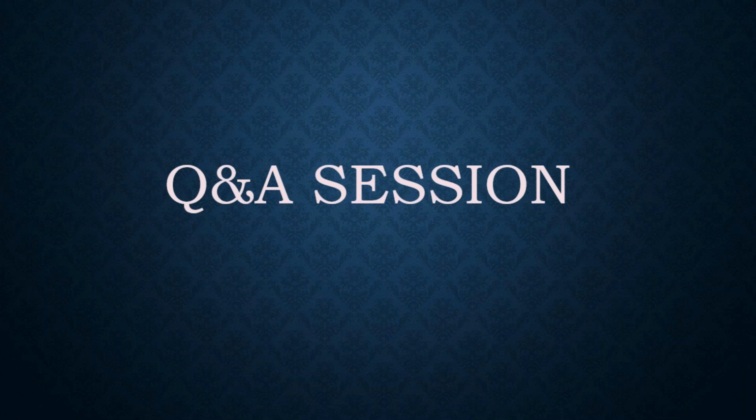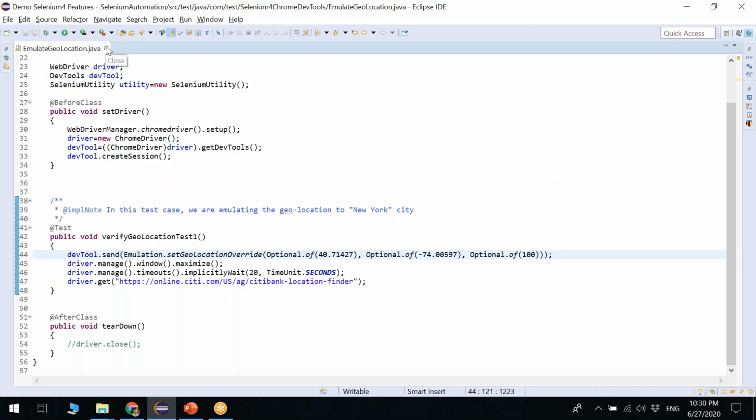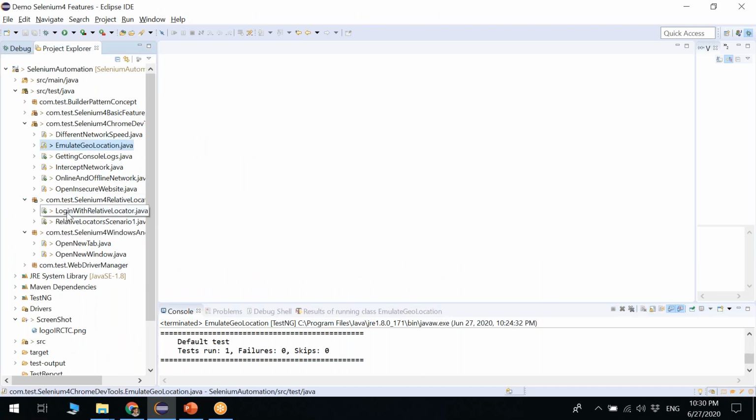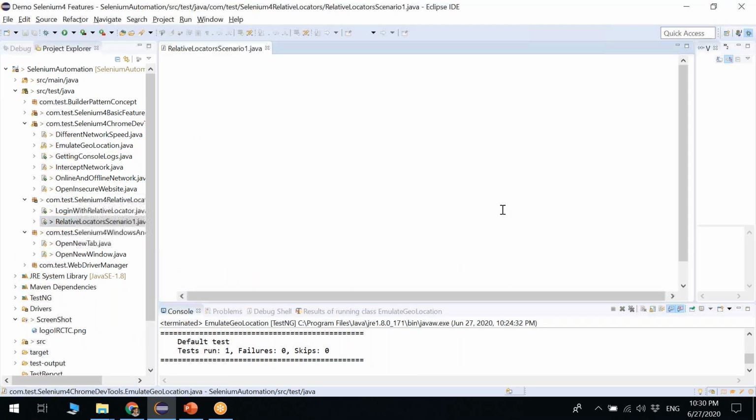So for your question, yes, we can leverage the existing findElement function, which takes input as a web element only. Let me show it here.